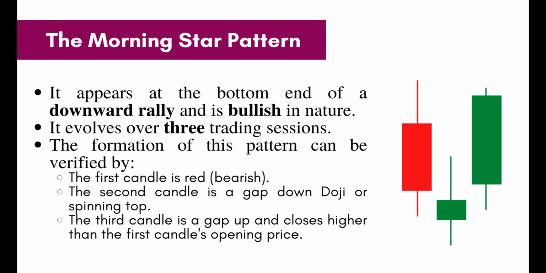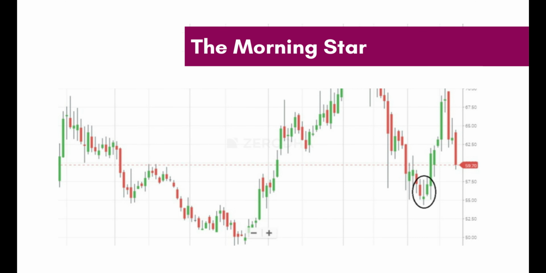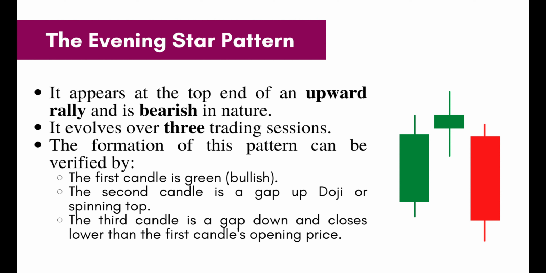As gap up is in itself a bullish pattern, the long green candle adds up to change the momentum of the market, and traders are presented with an opportunity to go long on the stock. The trade setup for the morning star is to buy the stock around the closing price of day 3, where the lowest low of the 3 candles will act as the stop loss. In this chart here, you can see that how the traders would have benefited by going long on the stock. And this is all we had for the morning star, and we'll move on to discuss the evening star now.